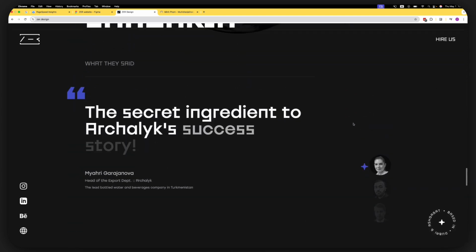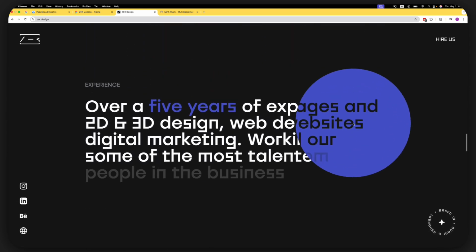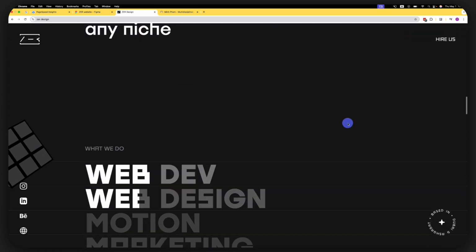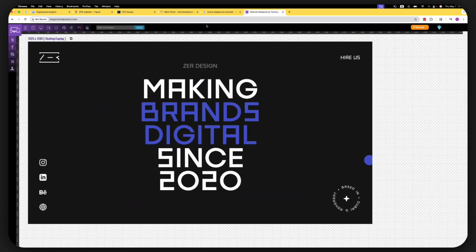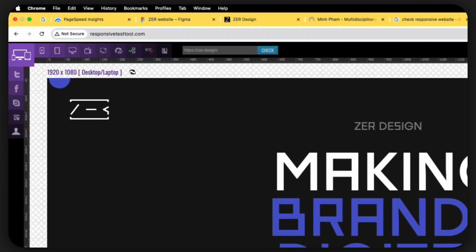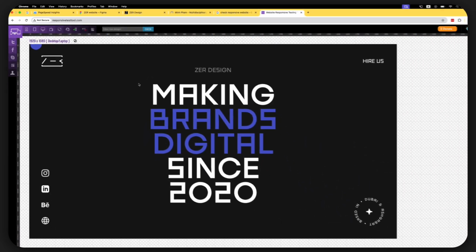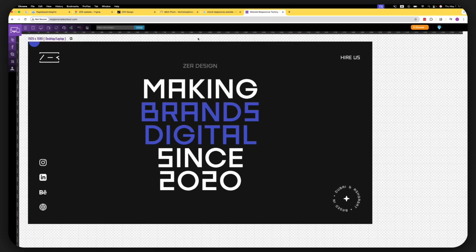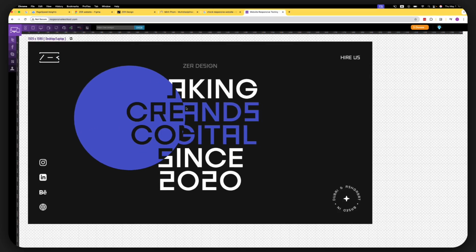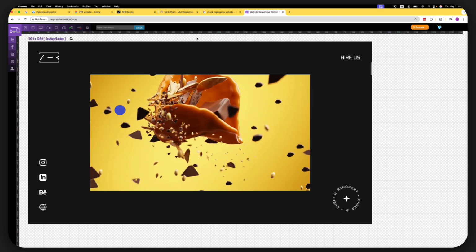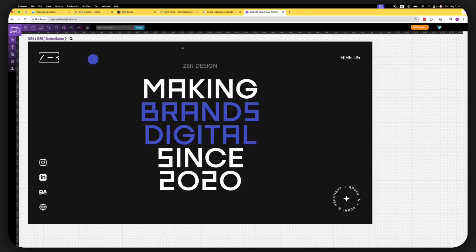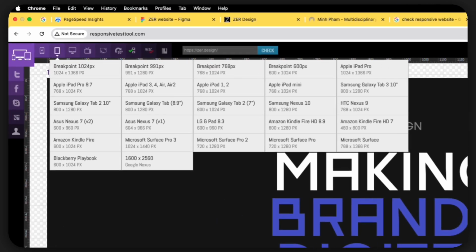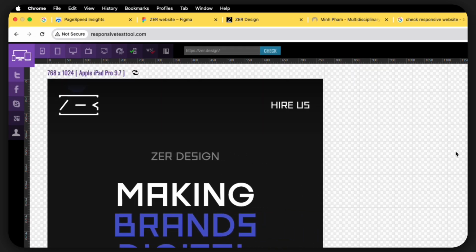Again, as you can see, it also has a smooth scroll, a very smooth scrolling effect right over here. So let's take a look at the responsiveness of this website. Right now, as you can see here, it says 1920 by 1080, which is the widescreen size. It's the same that I was showing you previously, and you saw that the layout looks very nice. So now let's go to the tablet. Let's take an iPad, which, as you can see here, is